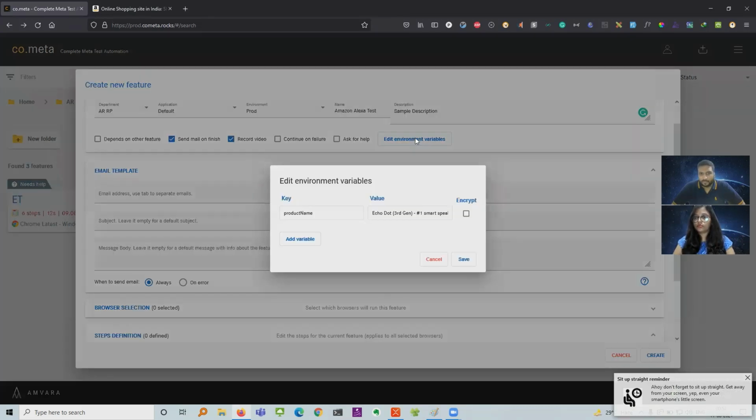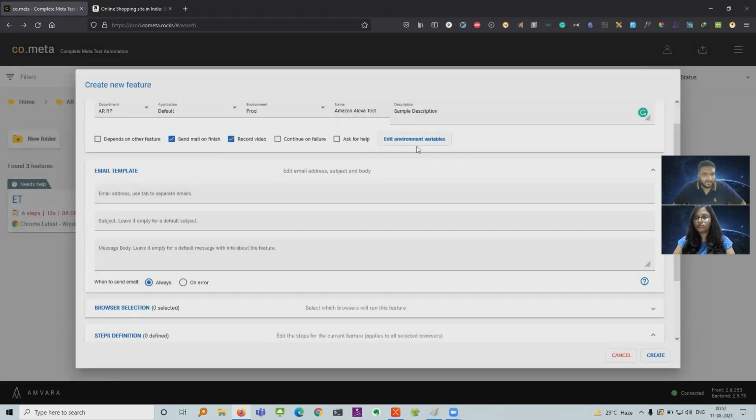Then there is support for editing and passing the environment variable. There was one product name that we already have, so I can click on this cancel button. On the email template, I can pass in the email address where I want to send the email of my report.